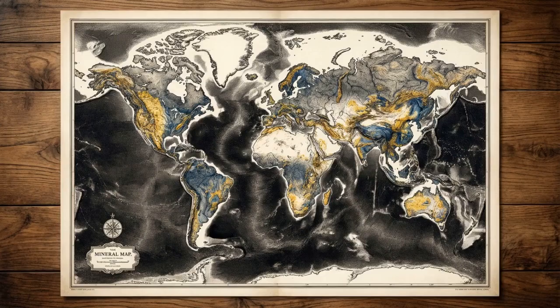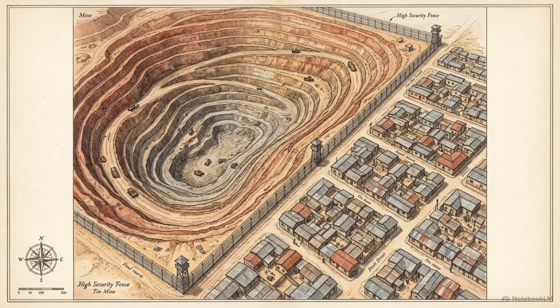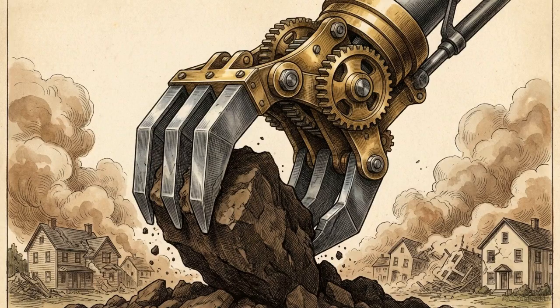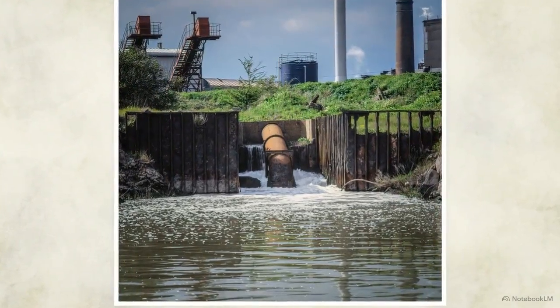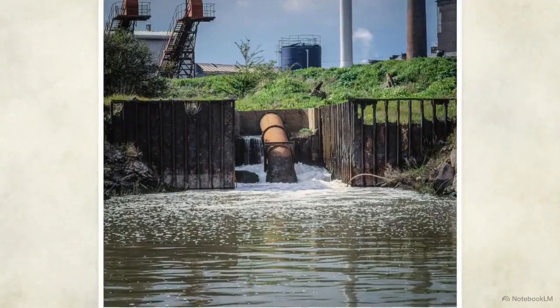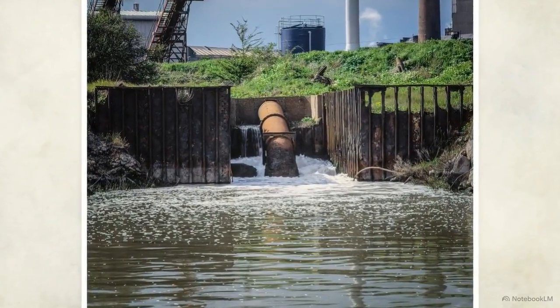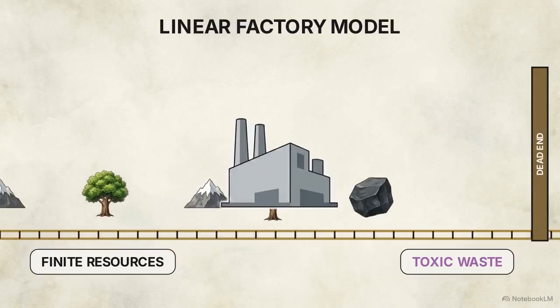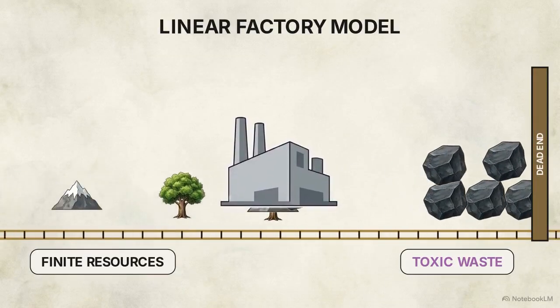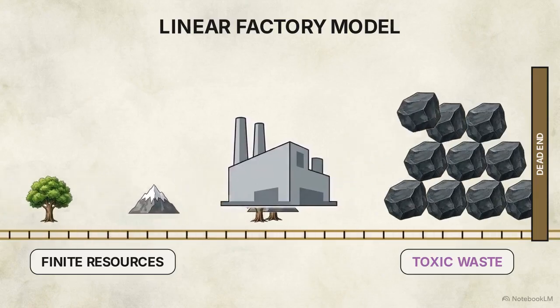Because resources are unevenly distributed across the planet, their extraction drives localized conflicts and determines where communities boom or bust. We aggressively extract materials from local areas, often displacing communities, only to dump toxic byproducts right back into the same environment. Industrial discharge poisons local water bodies. These pollutants don't decay. They destroy nature's ability to support life or heal itself. Our current global model is a linear factory. Finite raw materials go in one end, and toxic, undecaying waste comes out the other.